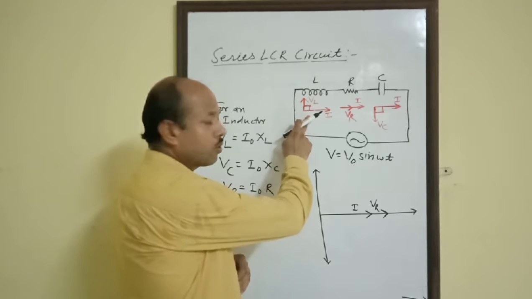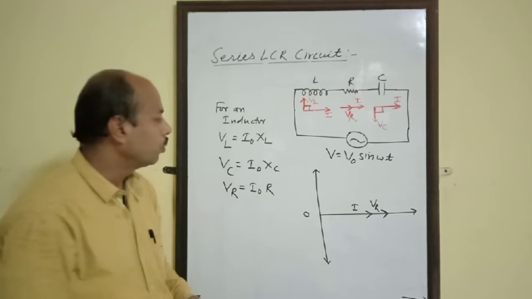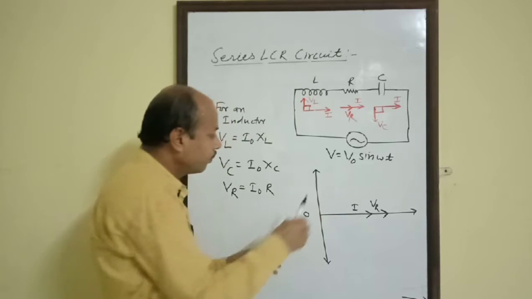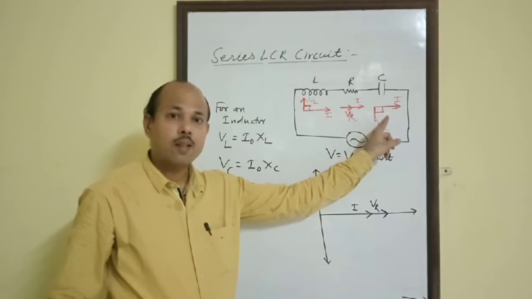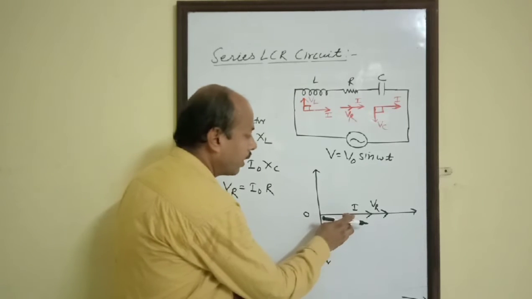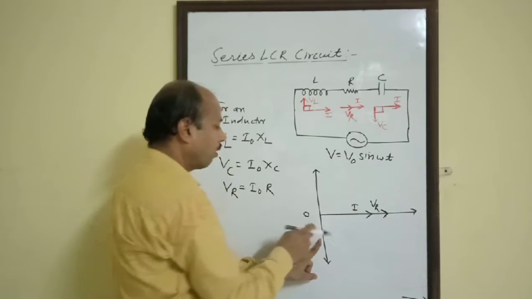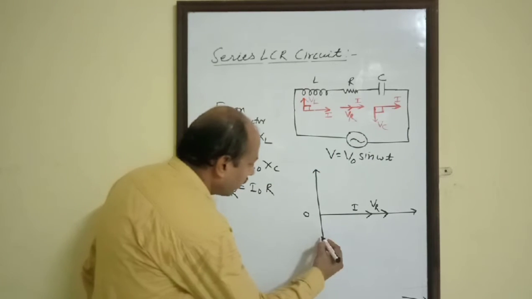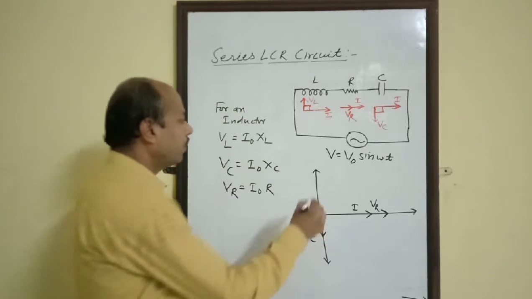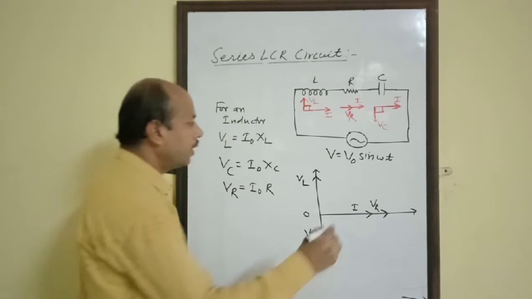Since in the case of an inductor, current lags behind the EMF by pi by 2, therefore on this side we have to consider VL. And in the case of a capacitor, current is ahead of voltage by pi by 2. Therefore, if current is here, we have to take voltage across the capacitor on this side. So let us suppose I am representing VC here, and here we are representing VL, and here we have assumed